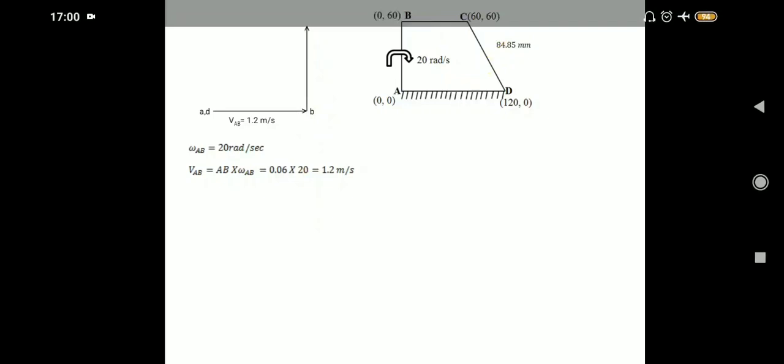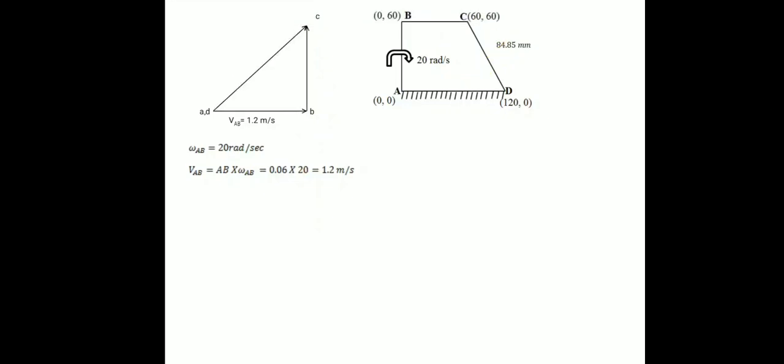For that, first of all, we will draw the velocity diagram of link CD, which will act in the perpendicular direction of this line, meeting the earlier line at a specific point known as C. This is the complete velocity diagram of the 4-bar chain ABCD, and from it we can measure the values of velocity BC and velocity CD, which are found to be velocity BC as 1.21 meter per second and velocity CD as 1.701 meter per second.